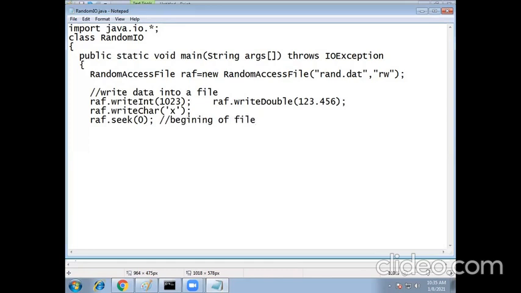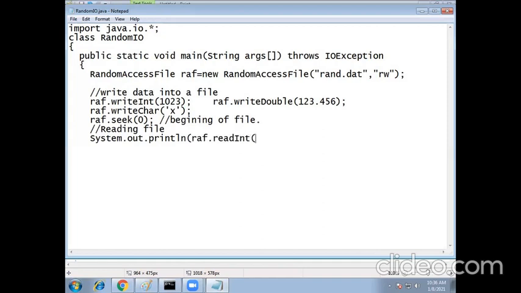Then print the contents, that means reading the file. Now System.out.println RAF dot readInt.